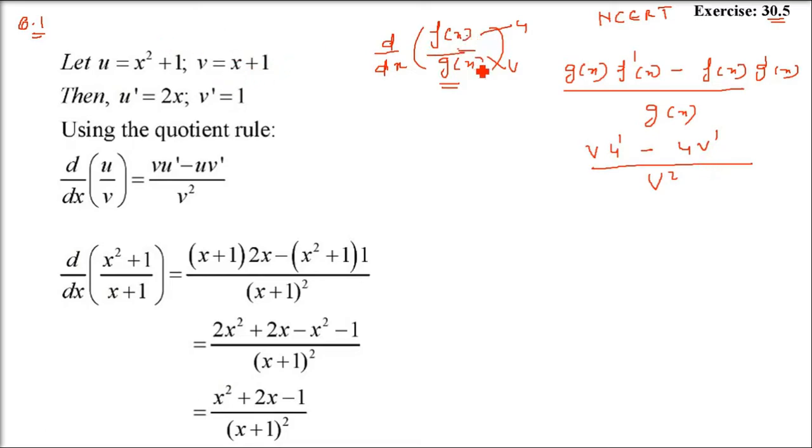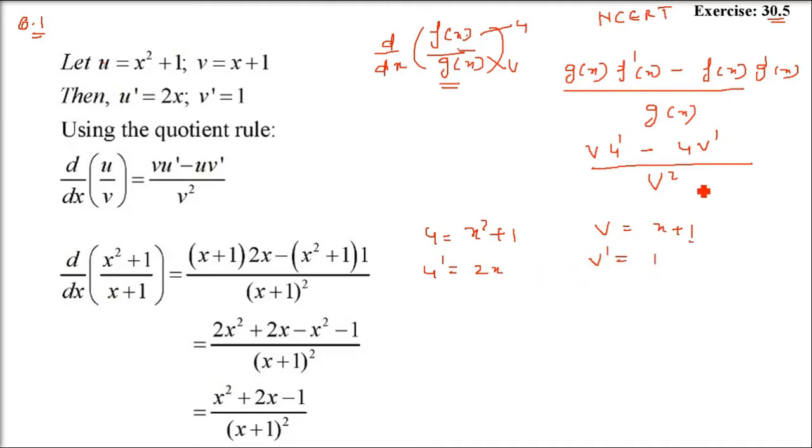So now u and v we have. u is x square plus 1 and v is x plus 1. We'll do it all along, because for all the questions coming up you should understand how to do this. So u is x square plus 1. u dash is what? 2x, and 1 is 0, so u dash is 2x. v is x plus 1, so what is v dash? This 1 is 0, x is 1.